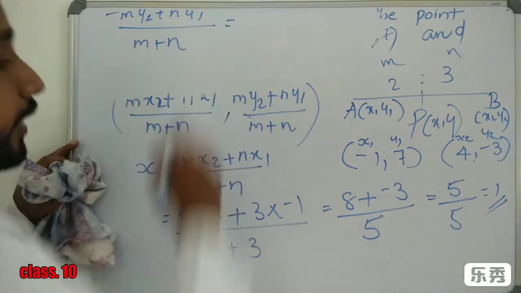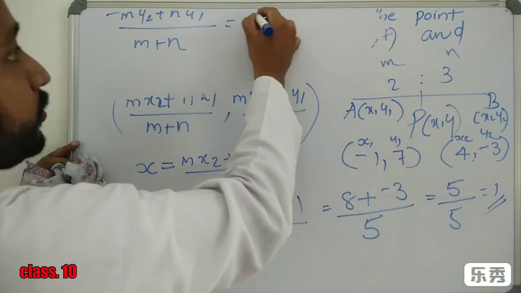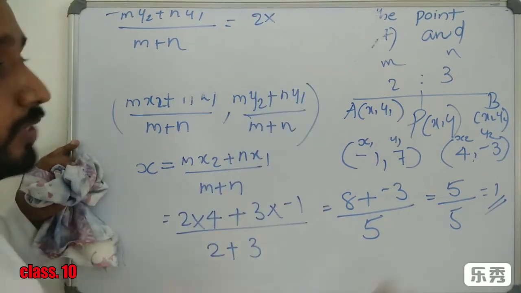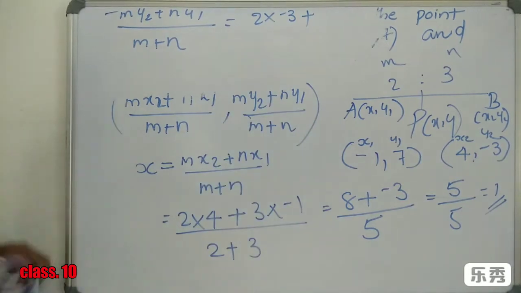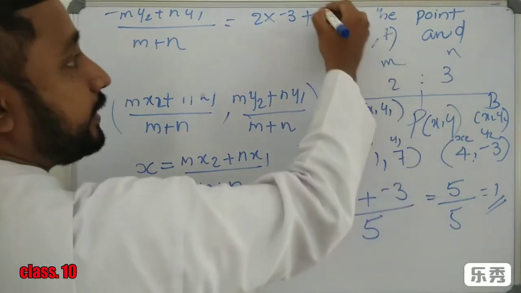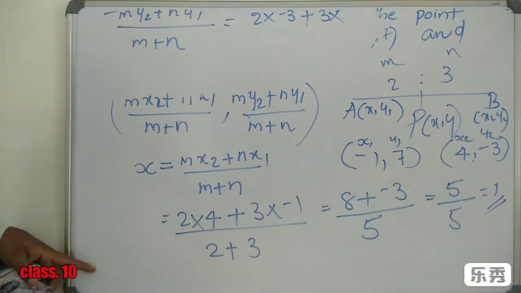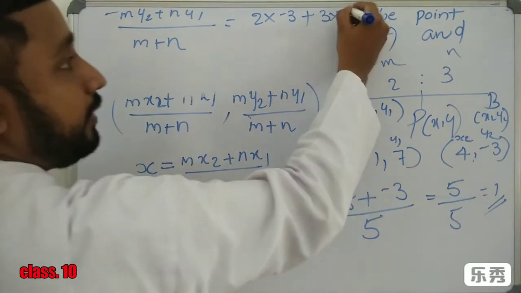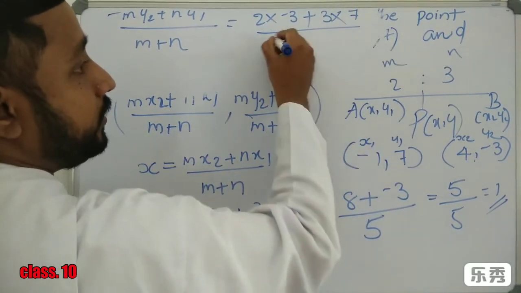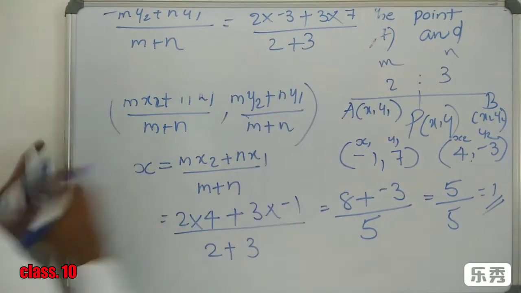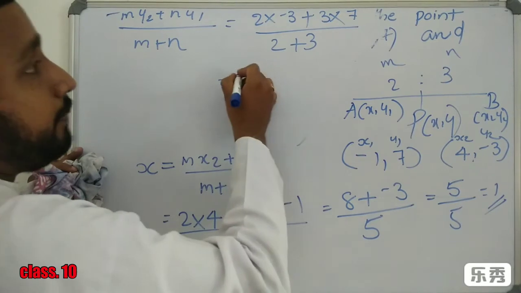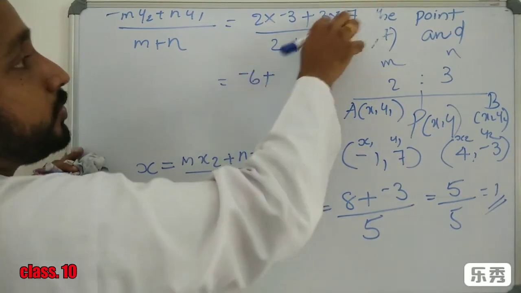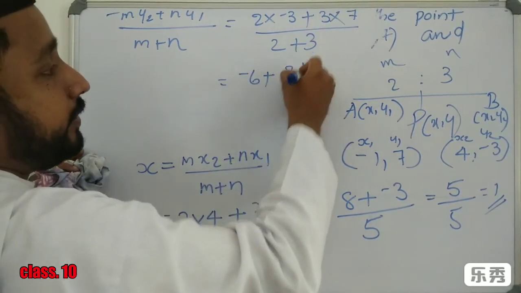So it is equal to: m is 2, 2 into y2, y2 is minus 3, plus n y1. n is 3 into y1, which is 7, divided by m plus n, 2 plus 3. So it is equal to 2 into minus 3, which is minus 6, plus 7 into 3, which is 21, by